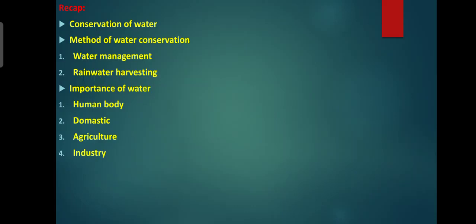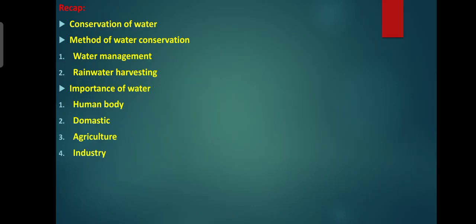Water management consists of the following factors: bringing awareness about the bad effect of throwing waste into water bodies, recycling of water by separating the pollutions, minimizing the use of chemical fertilizer in agriculture. It reduces the pollution of underground water. Controlling deforestation. Second one, rainwater harvesting. Direct collection and use of rainwater is called rainwater harvesting.